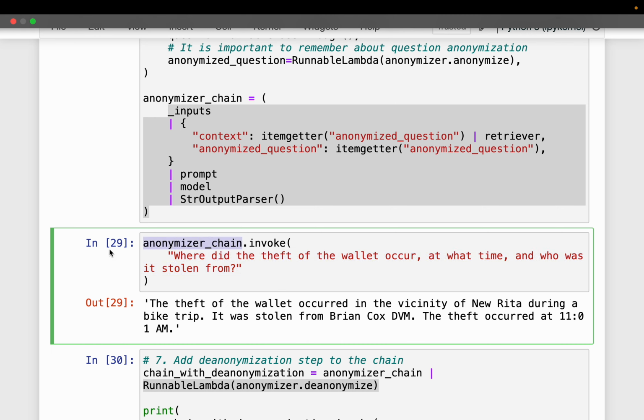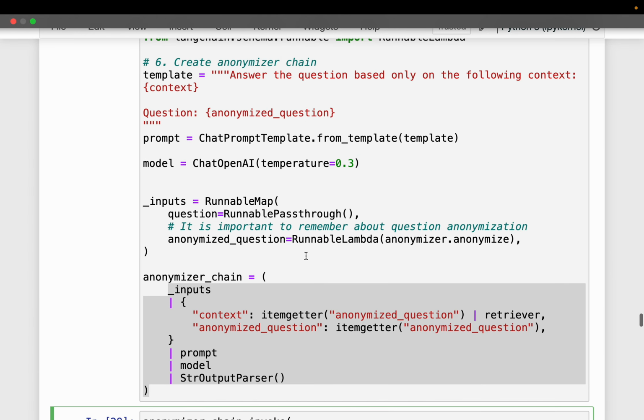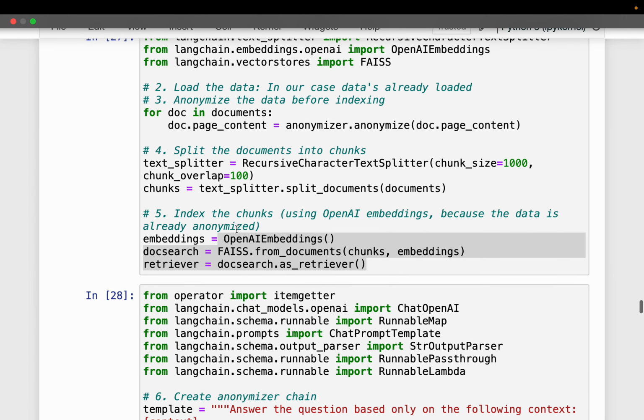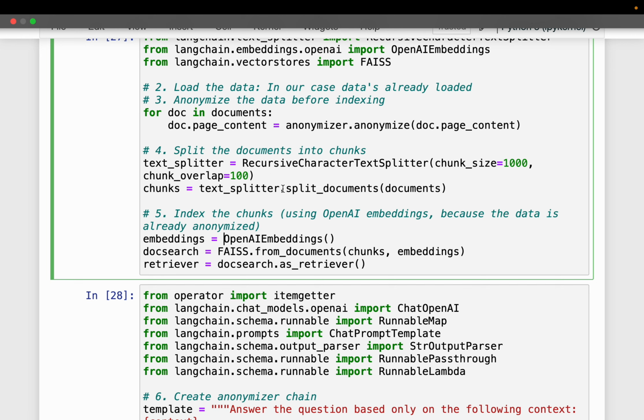Now, when we do this invocation, this question gets converted into embeddings, and the similarity search and so on and so forth happens, right? But as you know, our vector database contains the anonymized data, okay? Because what we stored in the vector database here is based on this anonymized data.